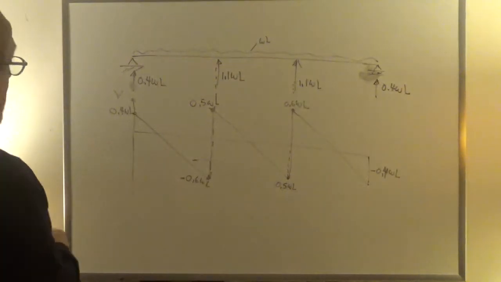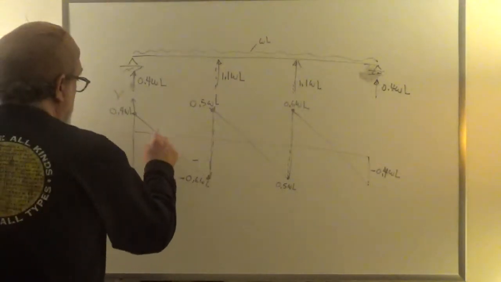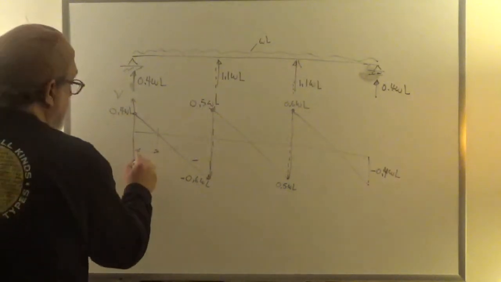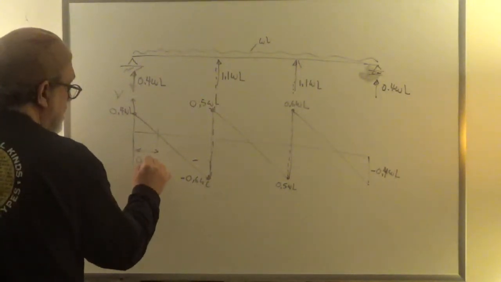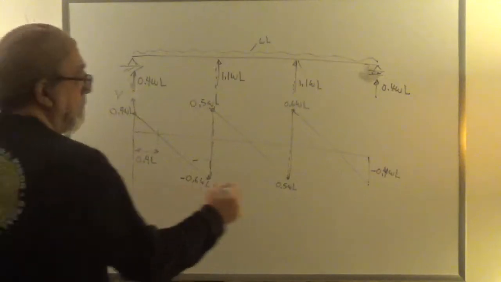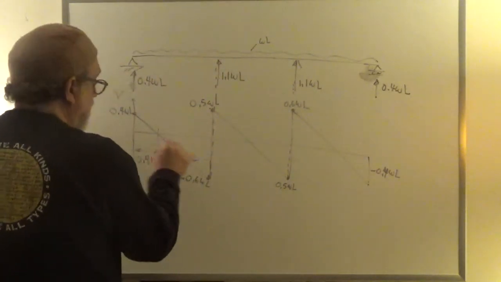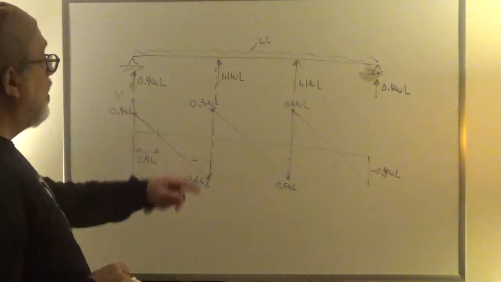Okay? This distance from here to here is obviously 40% of the length, right? This one that remains here is 60% of the length. So,